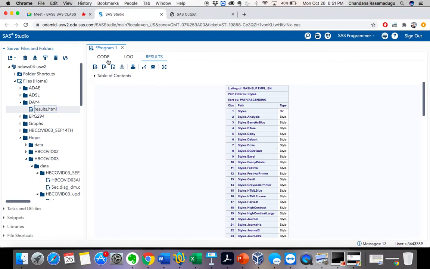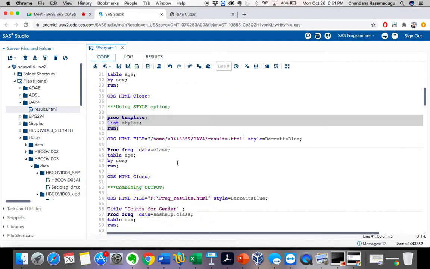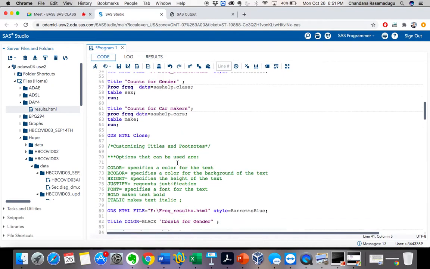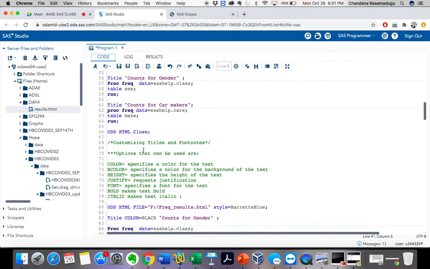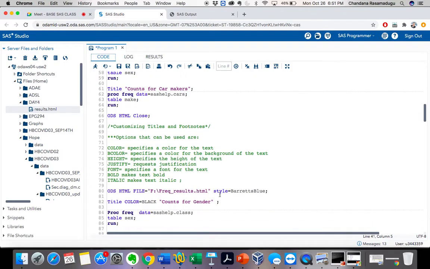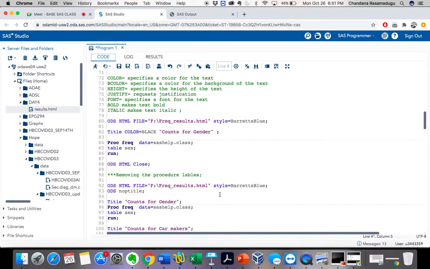Okay, Deepika, so now let's move to the next concept. Now we will be able to customize titles and footnotes. So by that we can change the appearance of titles, footnotes, by inserting a few simple options in your title and the footnote statement. See, for example,